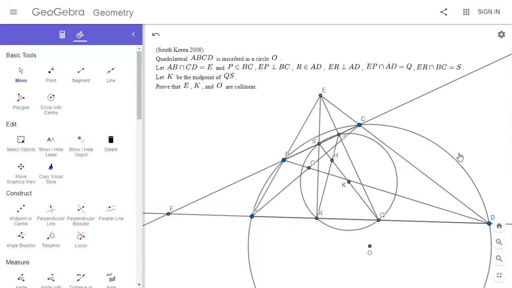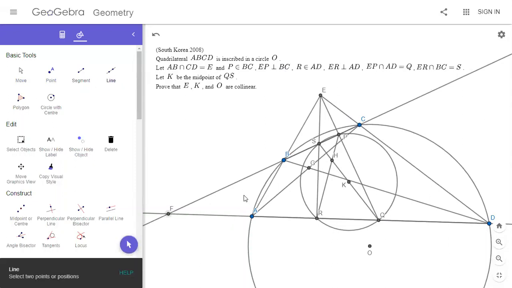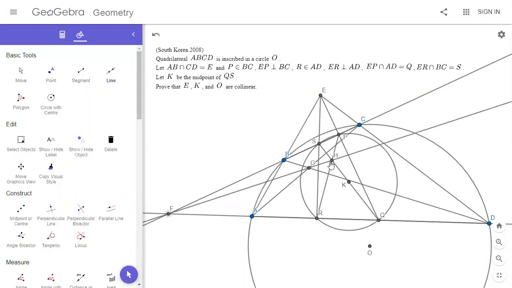And is that just obvious by Ricard's? Because FH is, we have EF is perpendicular. Yeah, I mean FH is perpendicular to EQ. No, not necessarily, but